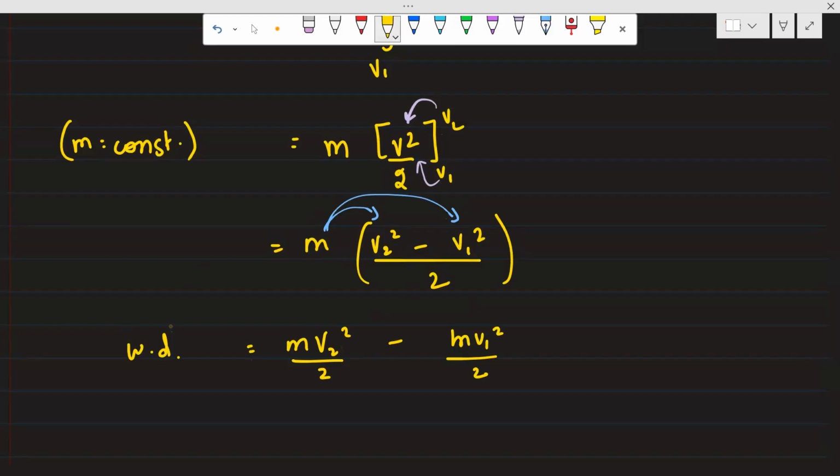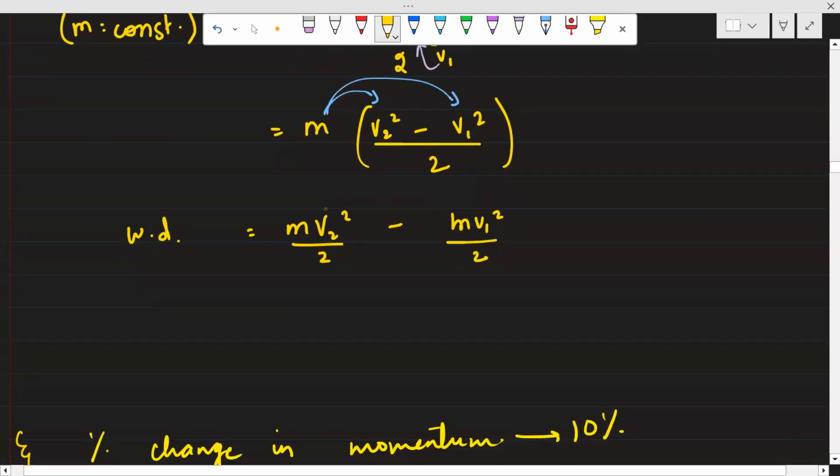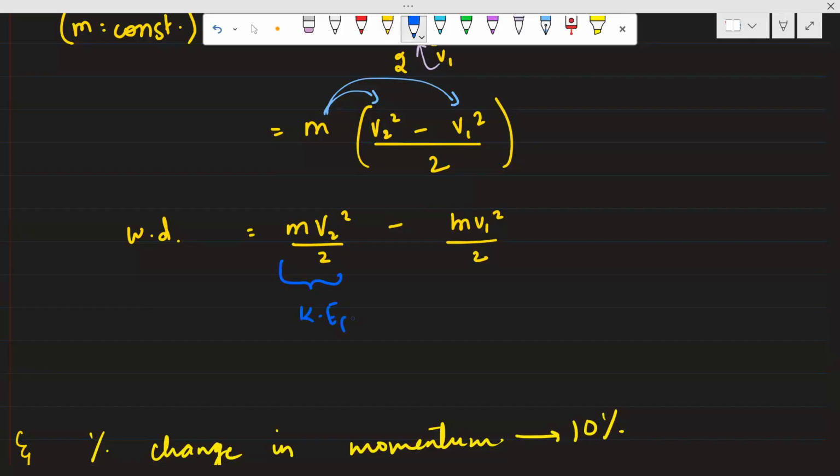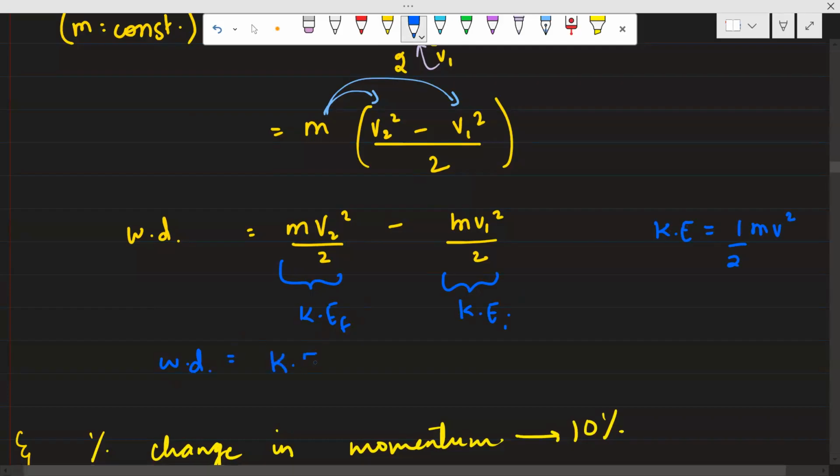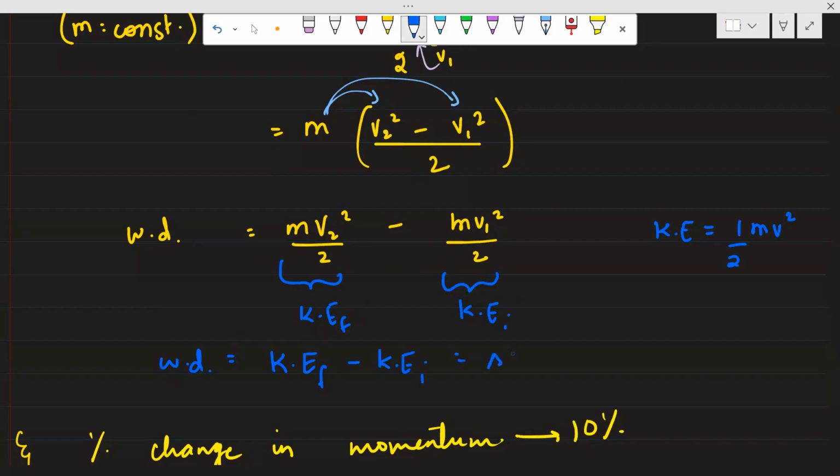This is the work done. Now look, the final kinetic energy, what is exactly this? This is the final kinetic energy, while this is the initial kinetic energy. Why, class? Because the formula of kinetic energy is half mv square. So final velocity gives final kinetic energy, initial velocity gives initial kinetic energy. So work done will be equal to kinetic energy final minus kinetic energy initial, that is equal to the change